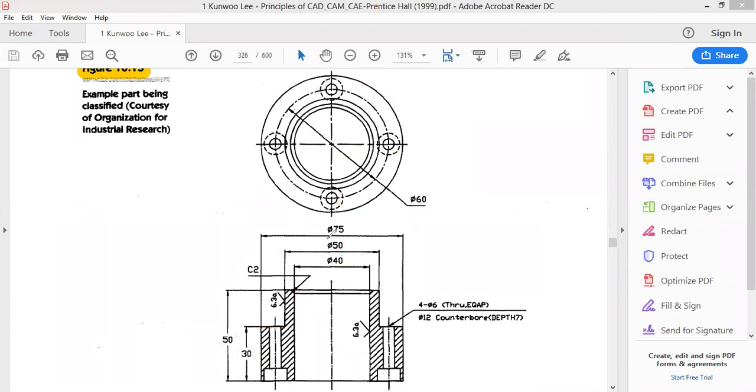Based on this, first we have to look at this with this particular coding system. So the first thing is, what is its shape? It is circular. Then it is having a stepped section, right? And it has got a hollow portion, right? So based on this, we have to assign the code to this particular part. So how is it being done? The chart is going to be there.